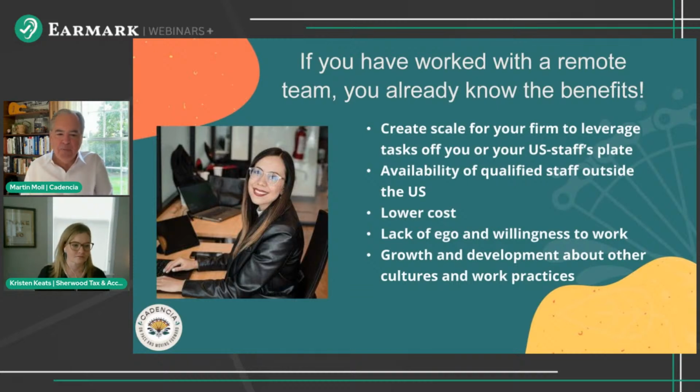So we've all been there, right? Or you're there right now. Think about being a staff or a senior or a manager in a public accounting firm. You've got to do all the things, the technical piece, learning the software, managing clients. But in the back of your mind, you also have, if I want to make partner, I've got to do business development. So I've got to get out there and do the lunches and the dinners, attend the associations. So there's a lot more pull on our US staff who want to be successful, because ultimately their ultimate career goal,